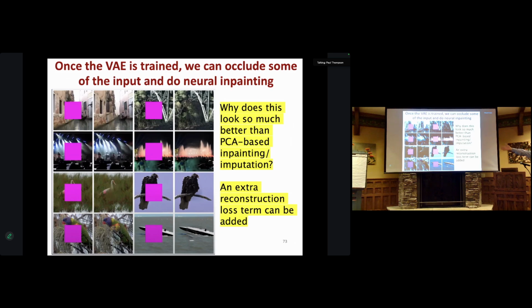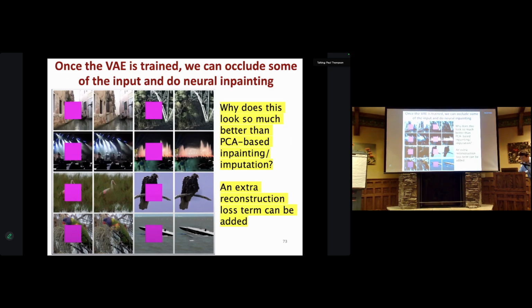And if we have missing data, and someone said, could you please impute the missing data? I mean, how does it know that this band is playing? I mean, they're missing. How does it know that this particular band? It's guessing. So one of the breakthroughs in this field was to add an extra reconstruction loss term when training